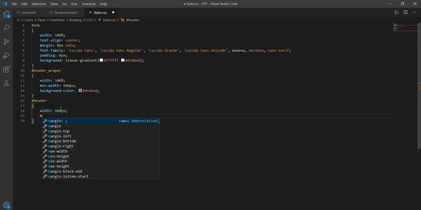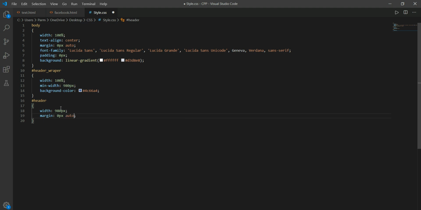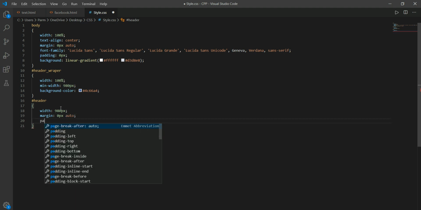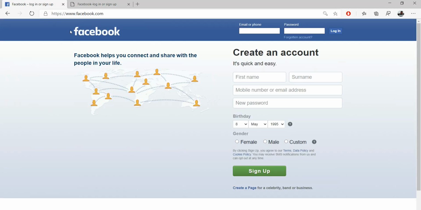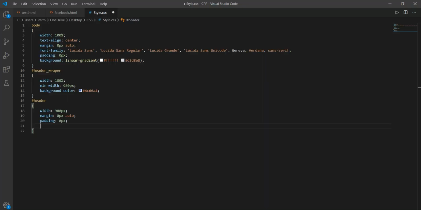Then margin, if I see over there, margin over here is 0 pixel, or I'm saying it's auto. Then to this I'm specifying padding, it's again 0 pixel, and I have to specify the height. This height I have to specify, and this color in the background. If you have an idea about it, then you can specify. I'm just taking it around 85 pixel.